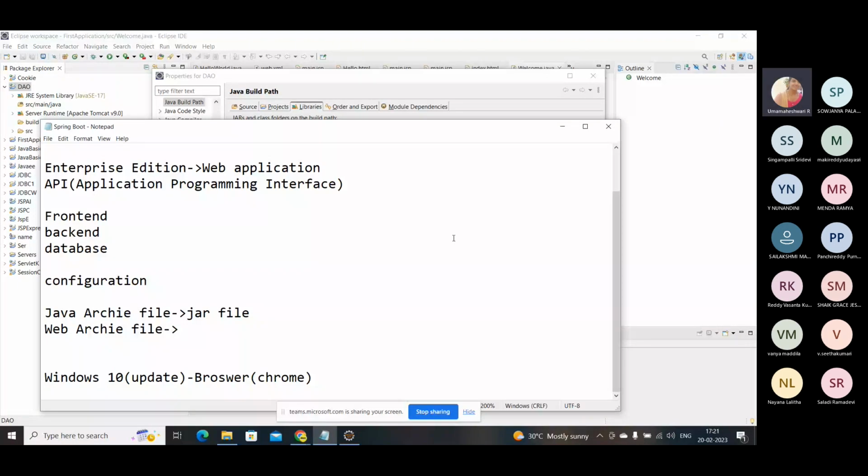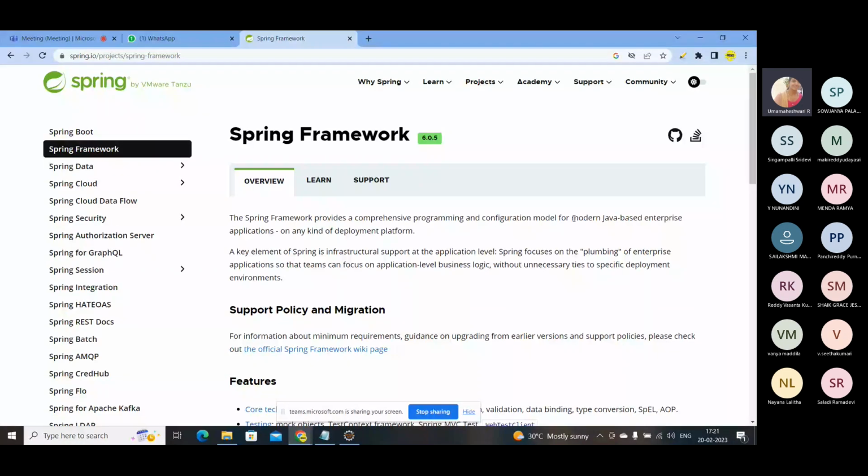And what they are trying to say is, for a modern Java based enterprise application or any kind of deployment platform, if I'm on Windows and I'm trying to import it on some other OS, like a Linux distribution, or whatever it may be,